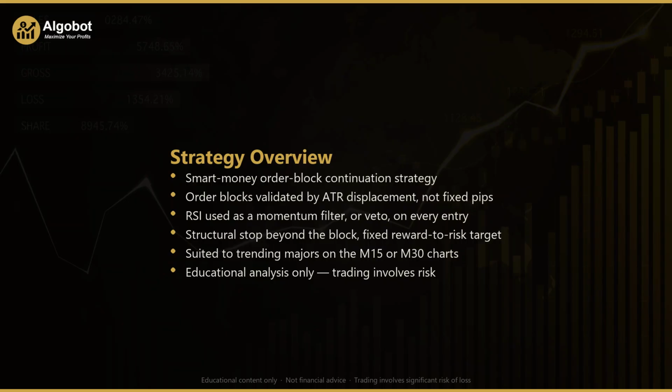The first building block is the order block itself. An order block is simply the last opposing candle printed right before an expansive, one-sided move. The thinking is that when a strong move leaves an area quickly, some resting orders may be left behind. When price later drifts back into that zone, those orders can come back into play, and the original direction may